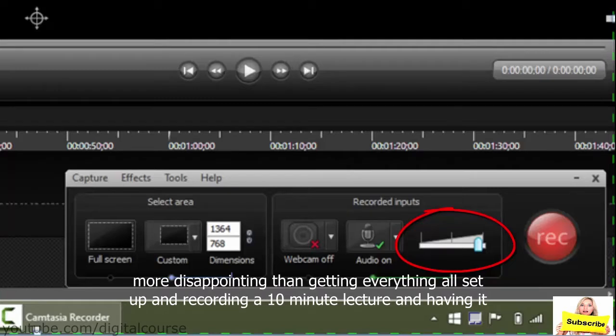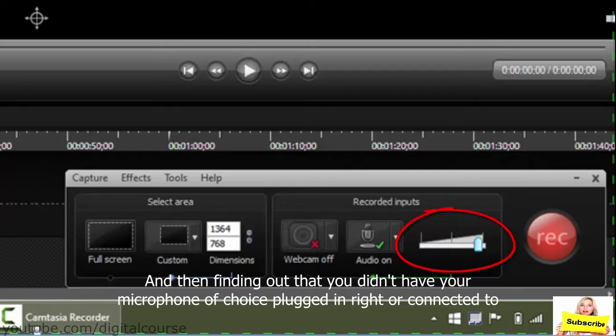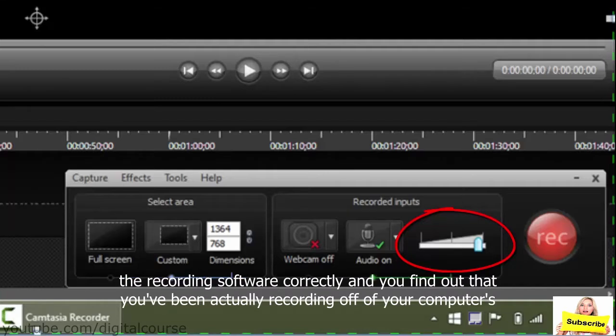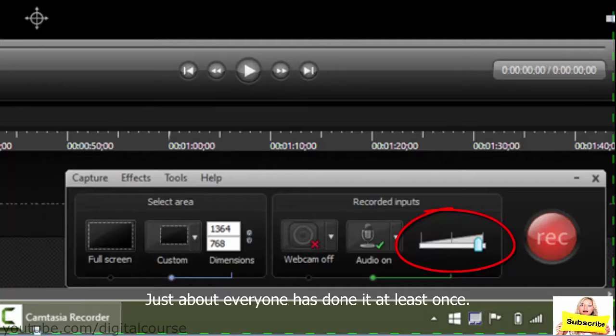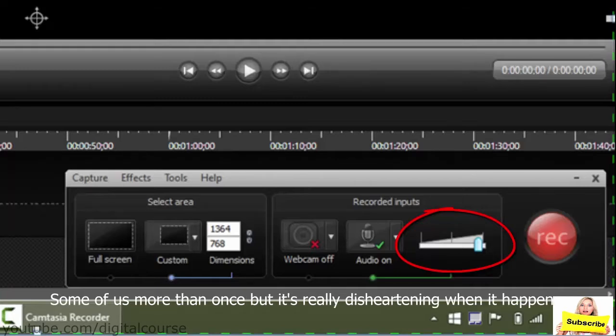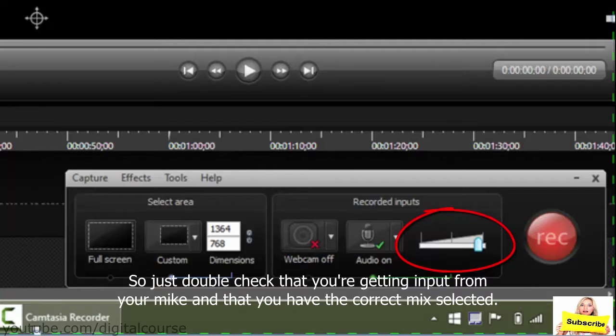Because there's nothing more disappointing than getting everything all set up and recording a 10-minute lecture and having it be just amazing, and then finding out that you didn't have your microphone of choice plugged in right or connected to the recording software correctly, and you find out that you've been actually recording off of your computer's crappy microphone, and basically your audio is ruined and you have to redo it. Just about everyone has done it at least once, some of us more than once, but it's really disheartening when it happens. So just double check that you're getting input from your mic and that you have the correct mic